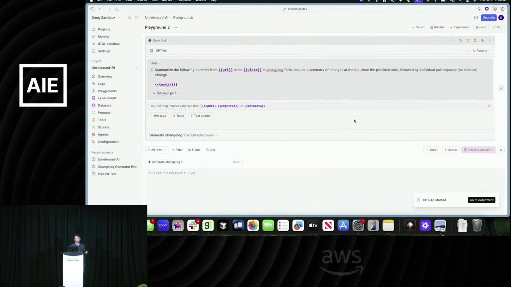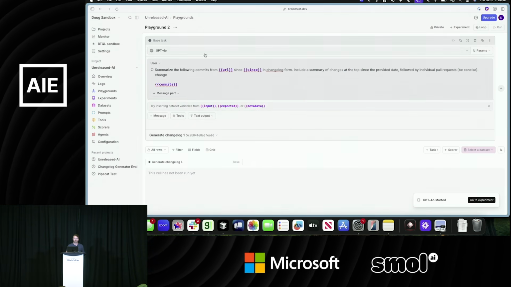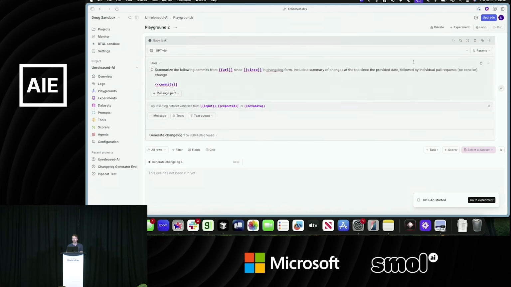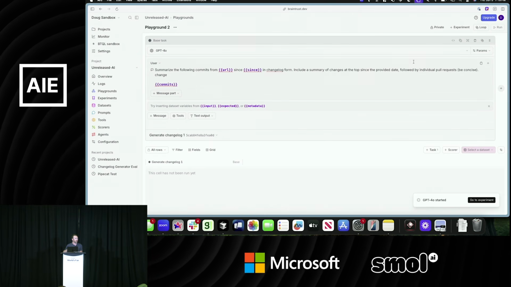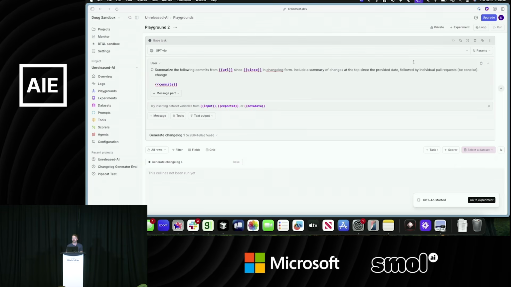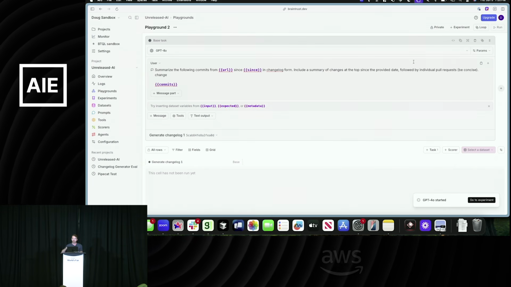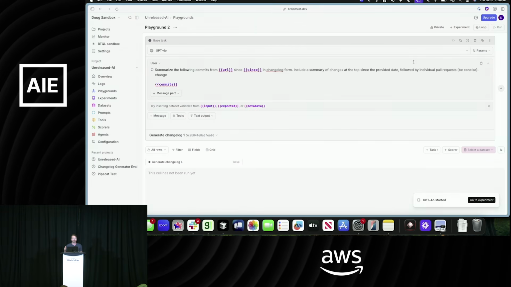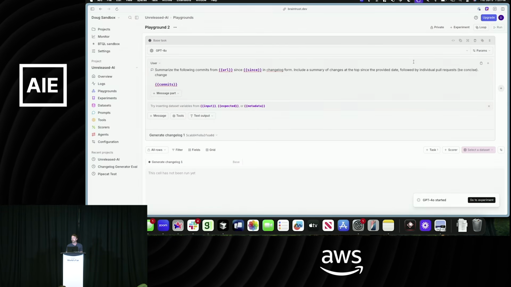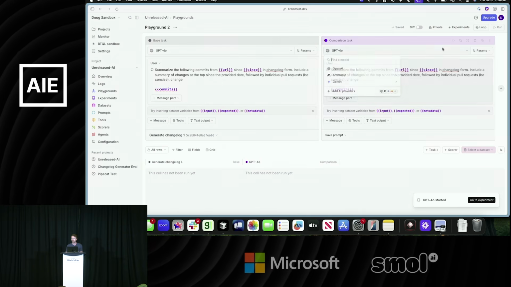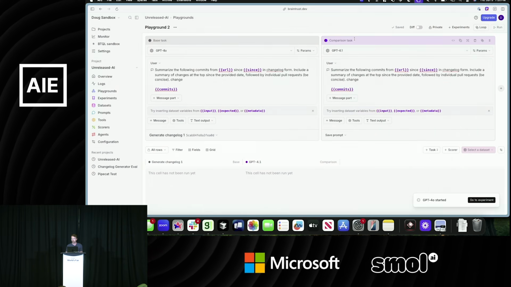So again, here's my first prompt. My first prompt has a model associated with it. What becomes really cool here is the ability to iterate on the underlying model. I think a lot of us have access to a lot of underlying providers, and we want to be able to understand if I change this, or if a provider adds a new model, what is the impact to my application? So I can duplicate this prompt and maybe change this to GPT-4.1.